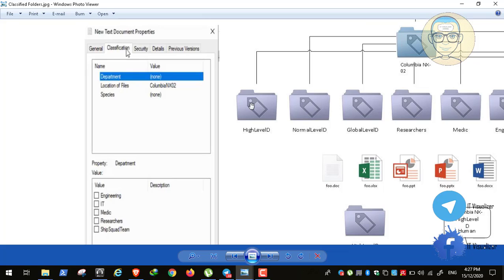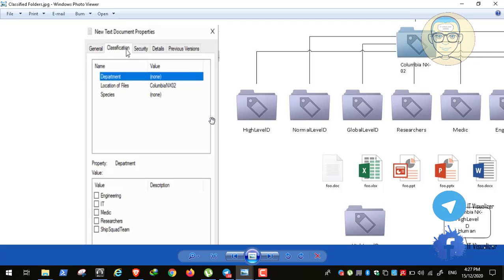For example, I need to get files in the Columbia ship, so it will be easily found because all of the files in the Columbia ship will be tagged with a tag named Columbia. For example, I need to find high level documents in the Columbia ship, so I have tagged this file as Columbia and high level, so I can search in Windows easily and find this file because it is tagged already. So tagging and classifying will make our job easier to find different documents with different categories or different tagging,